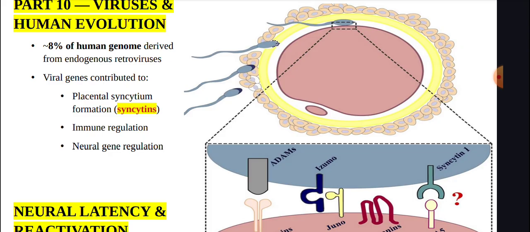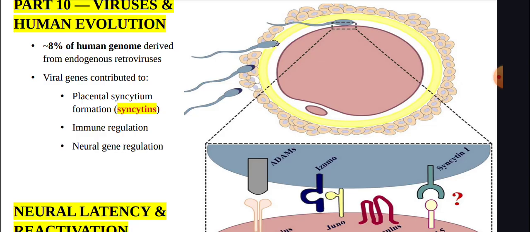Think about what that means. These are the fossil records of ancient viral infections from millions of years ago that infected the germline, the egg or sperm of our distant ancestors. They integrated their DNA, but then they broke. They mutated and got stuck. We have been carrying their corpses in our DNA for eons. But we didn't just carry them as junk DNA. We repurposed them. We did. We domesticated some of their